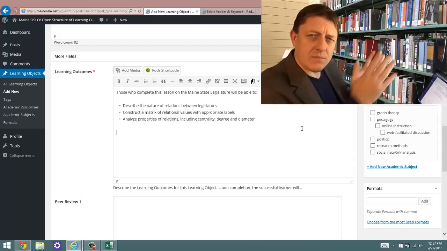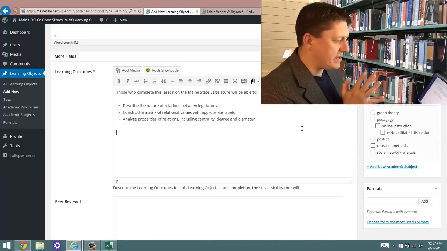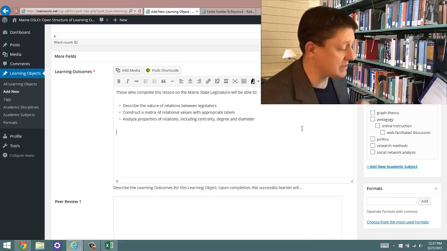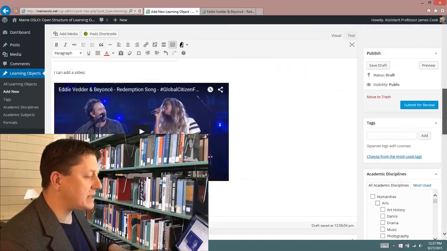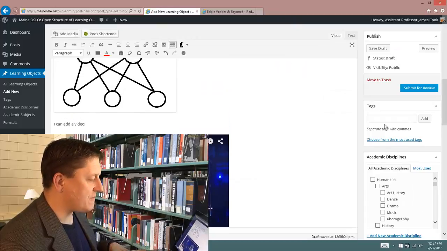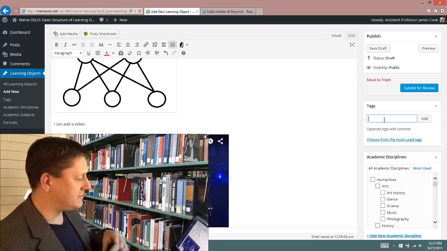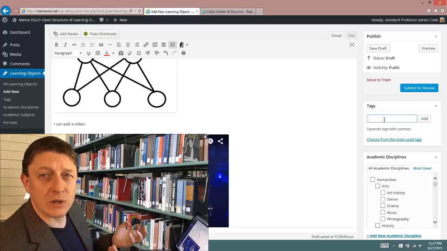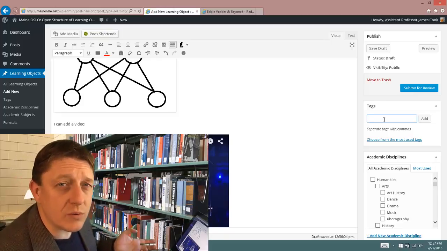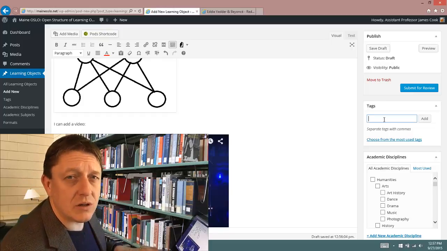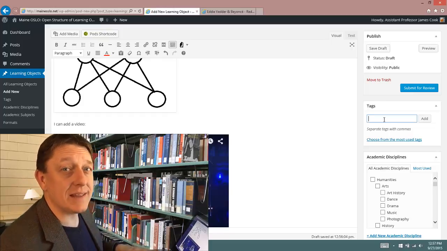There's really just one more set of information that you would want to include. You want to categorize this. You want to put it in a context, right? So let's head over to the right. The first place to enter is the most open and free. It's a place for you to put in keywords. Why would you want to put in keywords? Because there are going to be people who want to learn what you have to teach, and they may search